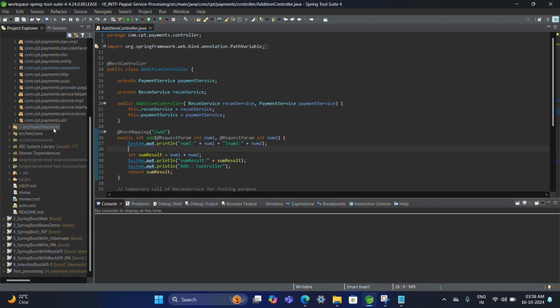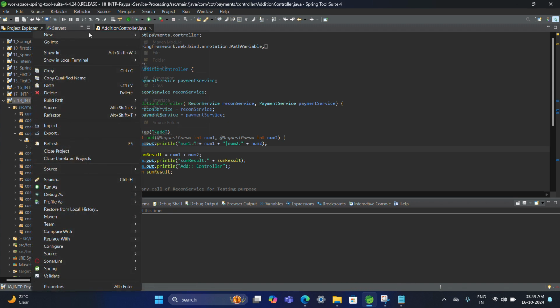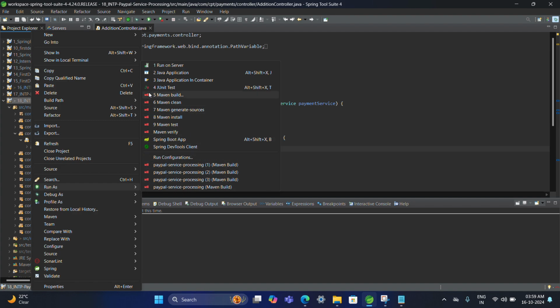So for that we are using some commands. Let's prepare the jar only. First let's prepare it. Firstly I'm going to deploy the processing service. After that I'm going to deploy the PayPal provider service. So let's prepare the jar